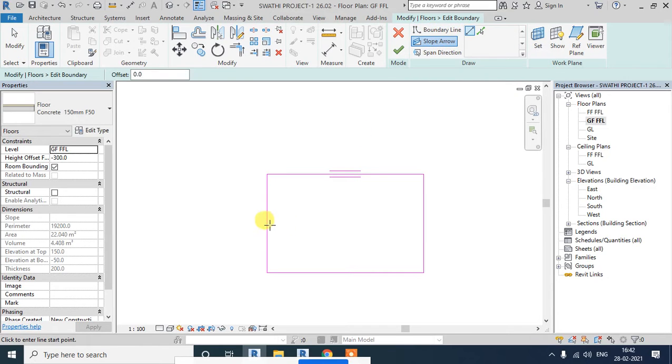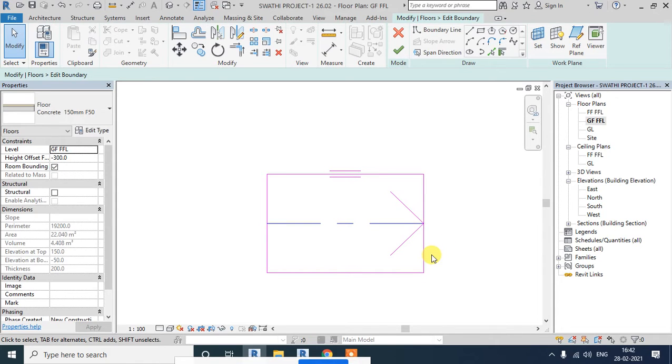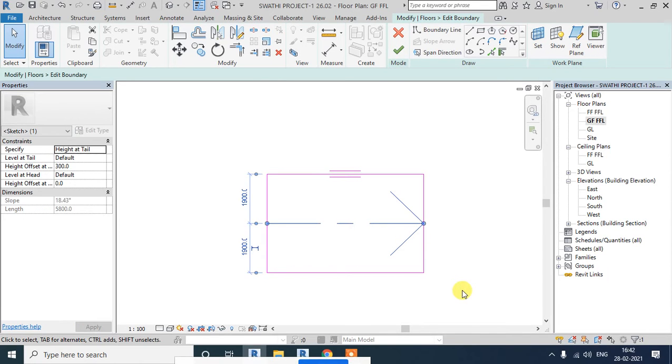Put that slope arrow here. There you go. That's it. So this is the total span. Now I want to give the slope to this, so I will select this arrow. Remember, slope is your arrow.